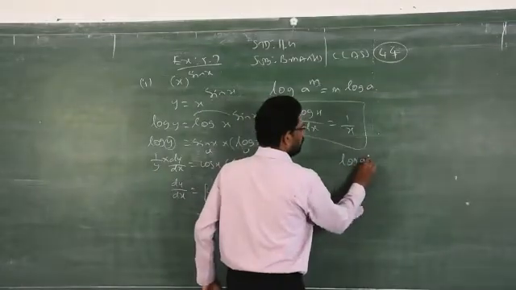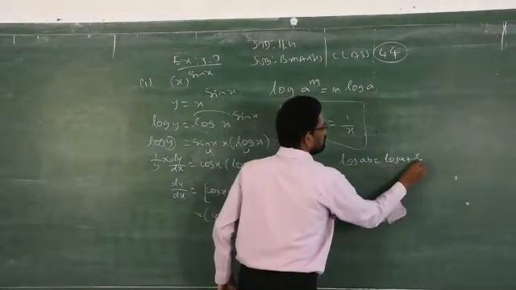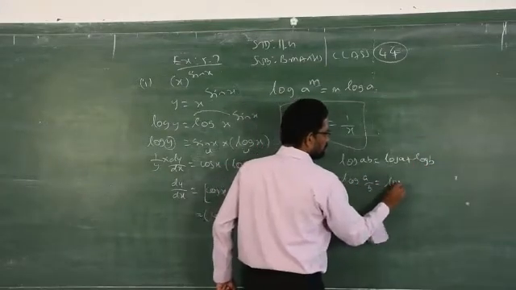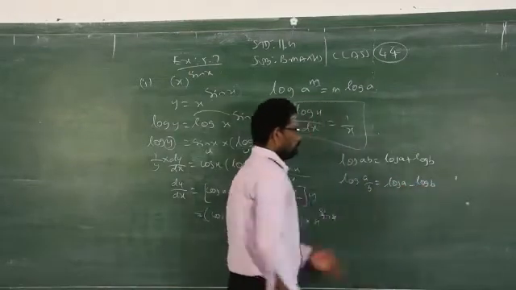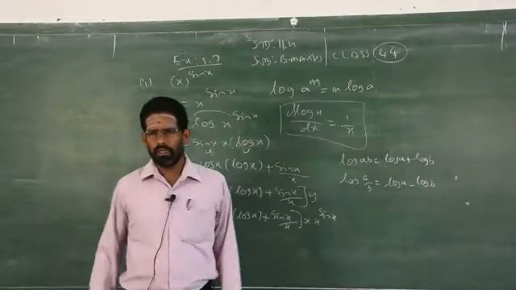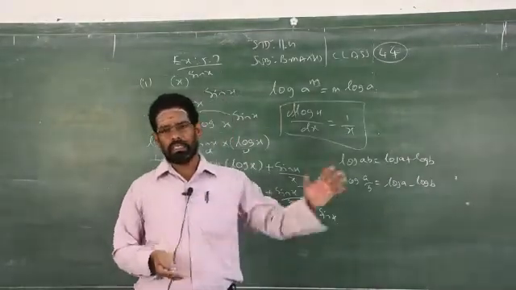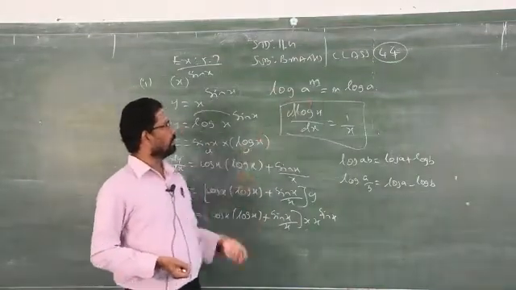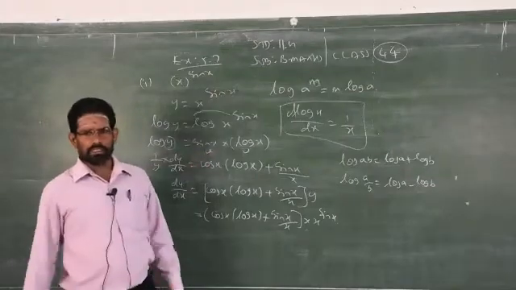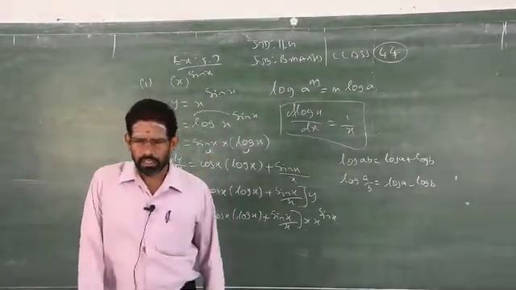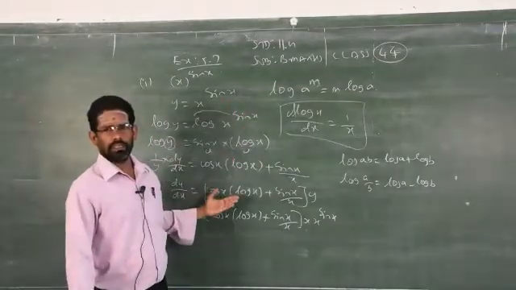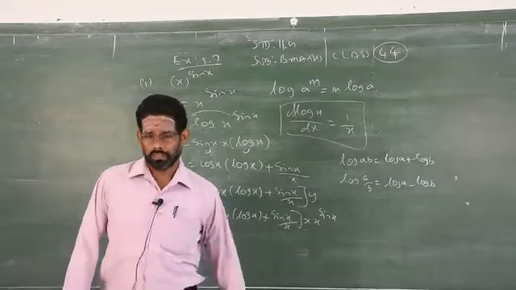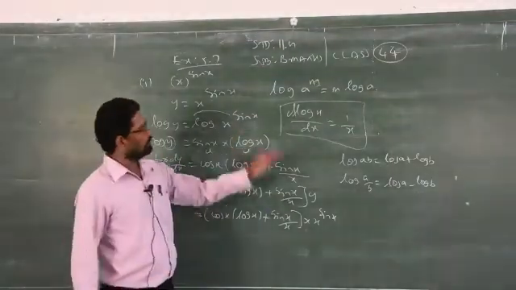That is, log AB can be written as log A plus log B. Log A by B is log A minus log B. So you can use these two formulas also to make the given question simple and start to differentiate, you will get the answer. Clear? So here I am using the power rule because the power is in variable x. So there is no different derivatives formula when the power is in x. Therefore I am using that logarithmic power rule. Then I start to differentiate by using the UV method or U by V method, depending upon the question. Clear?